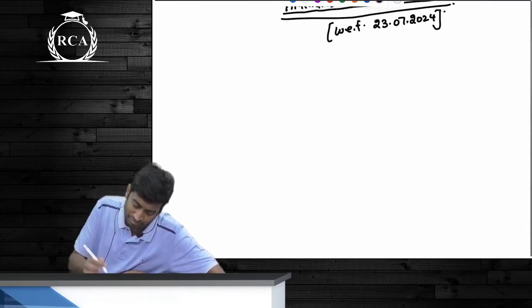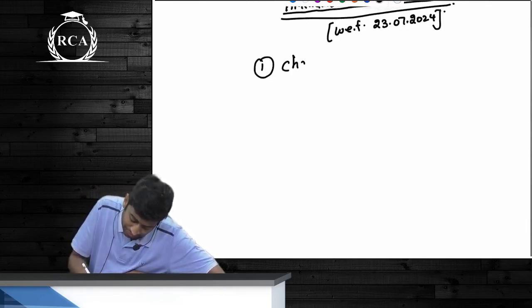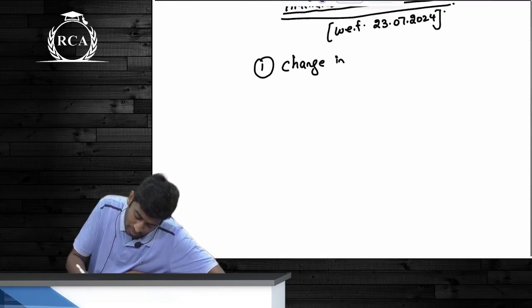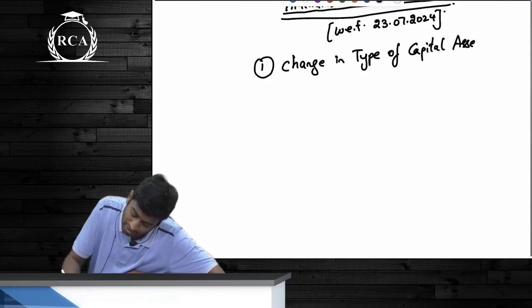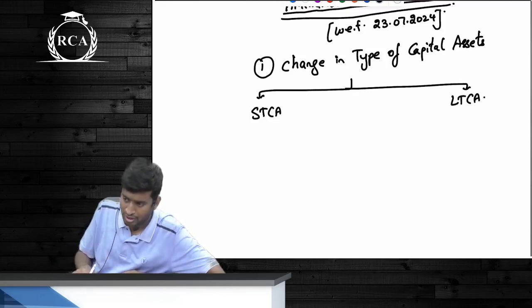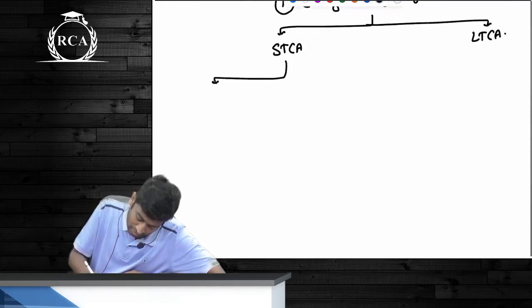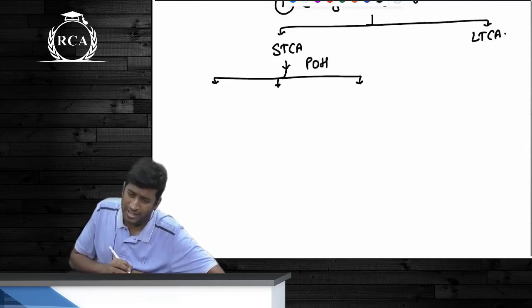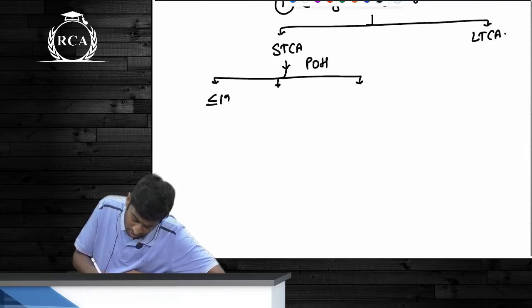Just keep on listening. First change आया, change in type of, पढ़ो यार, type of. If I remember, we covered 2 types रहते, एक short term, एक long term. Keep on listening. Do not copy anything. Short term, we check PO. Please participate करो यार. Period of 12 months,